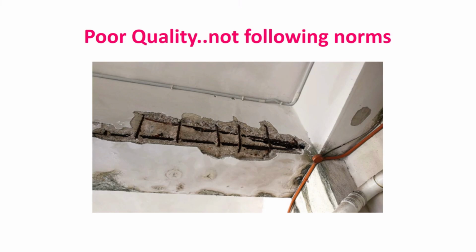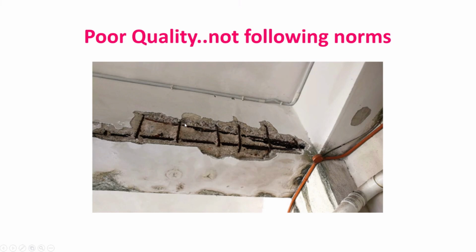ठीक है? So now you can see, what is the problem here? What you can make out from this? अगर ये आपको दिख रहा है तो इसके अंदर में क्या प्रॉब्लम दिख रहा है आपको? It's falling, sir. Falling of concrete because of no proper cover. Yes, it may be a possibility that the cover is not provided of adequate thickness. ठीक है ना? And the grade of concrete again we are not aware. The quality of concrete, yeah, poor quality also can be an important reason for all these things to happen.